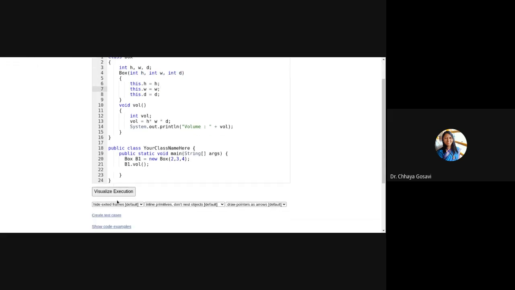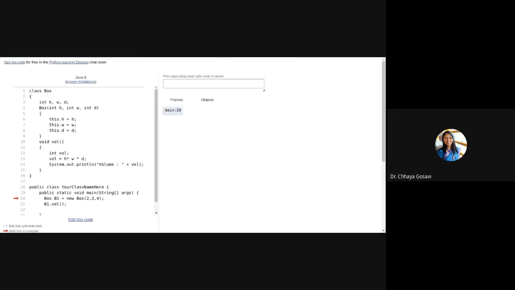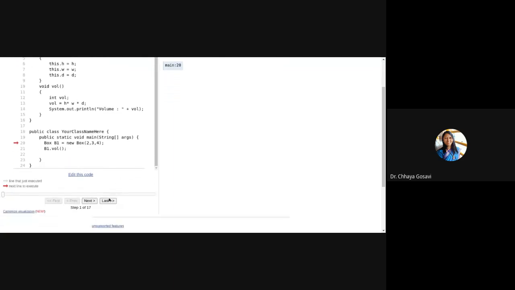So if I again run this code, now it is assigning this value of h to 2, w to 3, and d to 4.